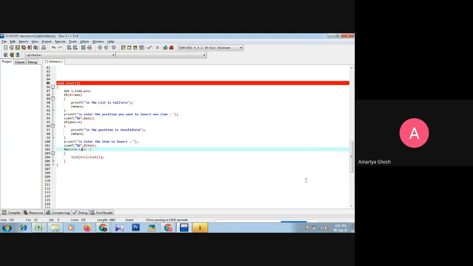So loop, within the loop I less than equals to pos or less than pos minus 1, whatever. So I just write here I less than equals to pos.